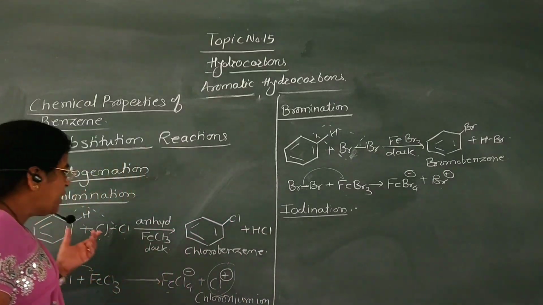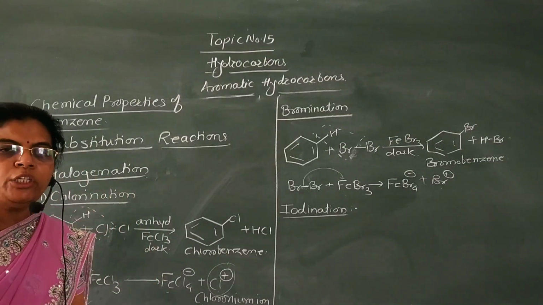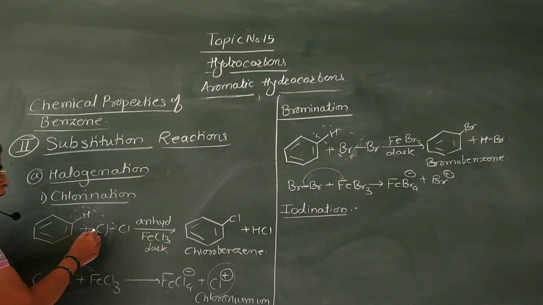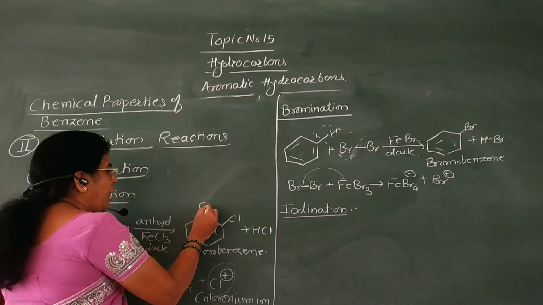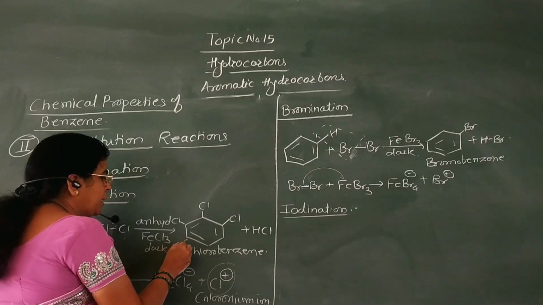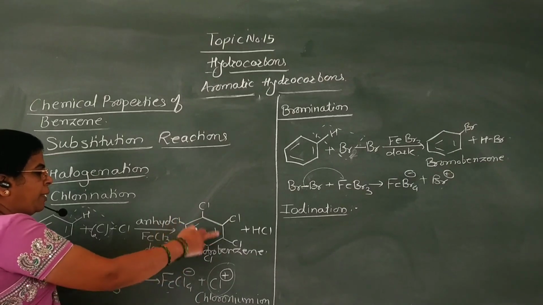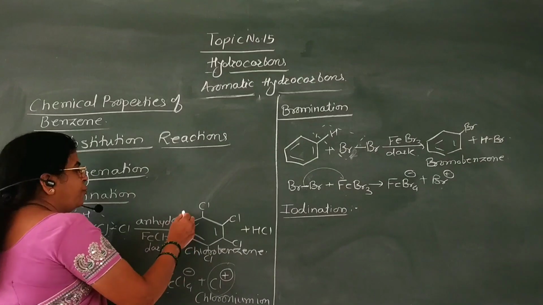Now we are going to see the next reaction. When chlorination of benzene is carried out in the presence of excess of chlorine molecule, that is, if 6 chlorine molecules are used, then formation of hexachlorobenzene takes place. That is, all hydrogen atoms from benzene are replaced by chlorine atoms, 6 chlorine atoms, to form